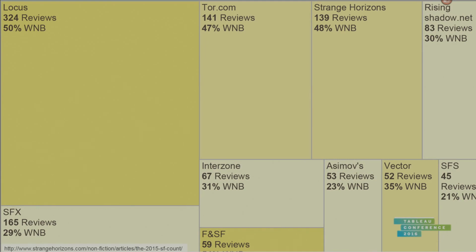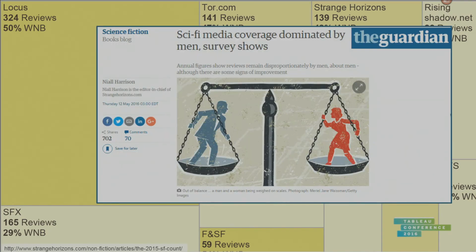And then he and one of his friends, a girl named Emma Koch, decided that this was really useful, important information, showing some really interesting trends, not just within the sci-fi community, but that could be talked about on a broader scale. So they visualized it using Tableau Public, and then The Guardian picked it up. And so he managed to get this conversation he's been having with just the sci-fi community out to a much wider community. Everyone who reads The Guardian's book blog, which is a lot of people.